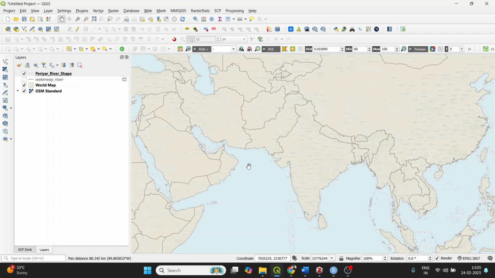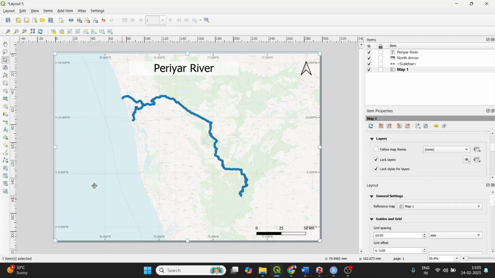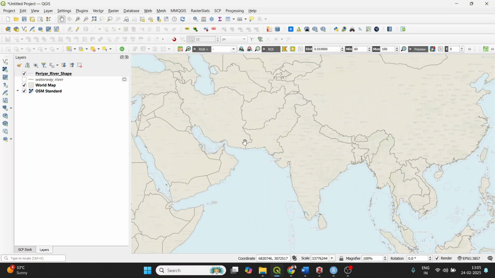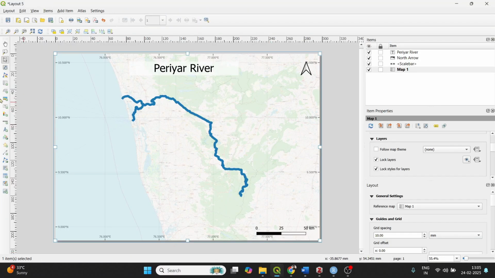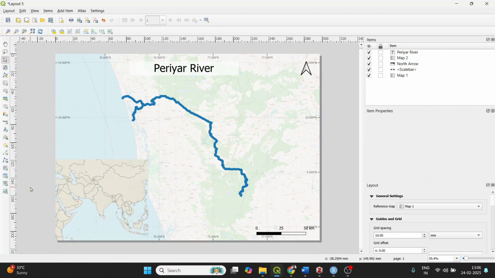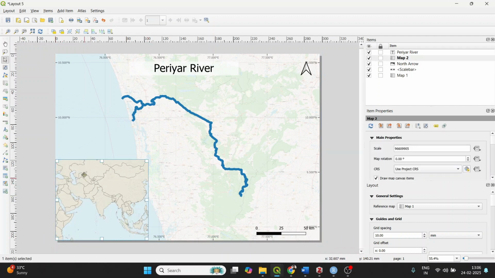And now we are going to export this map into canvas number 2. Here we will add it. So how can we do that? This is what we are going to add. So I'm going back here, and remember, you should lock these layers before doing any operations in the first canvas. So now I'm going to click this add map option again, and I'm going to click and draw. All right, and now we can add a